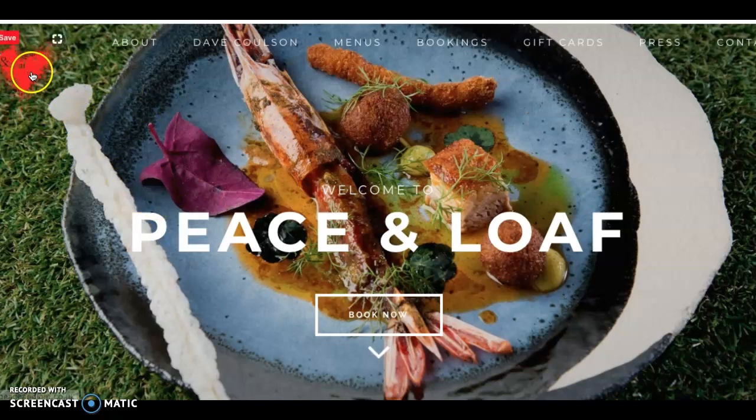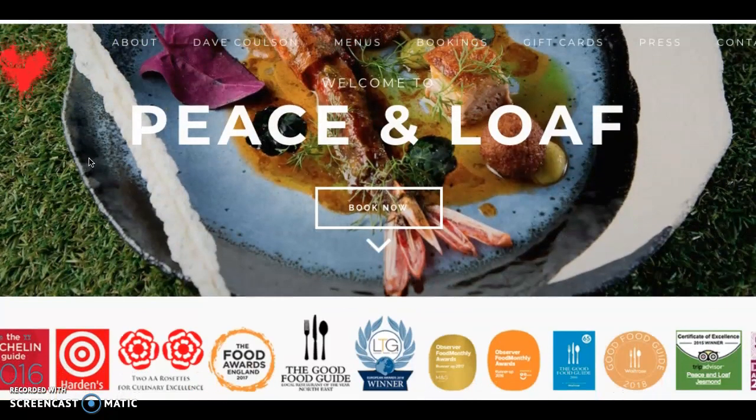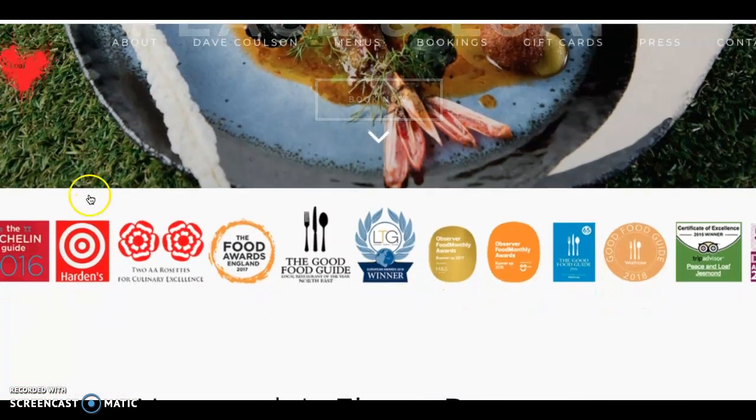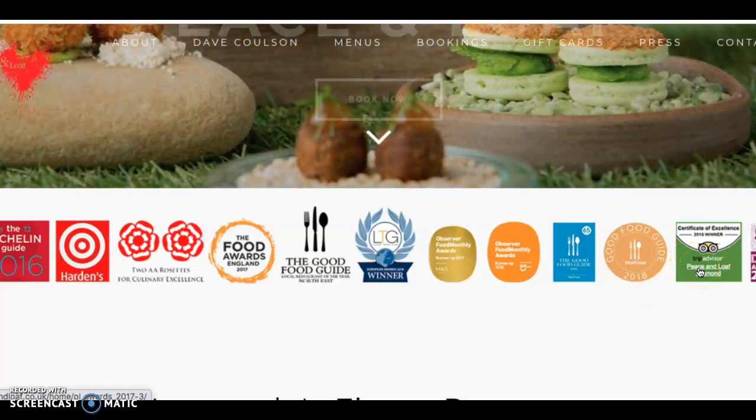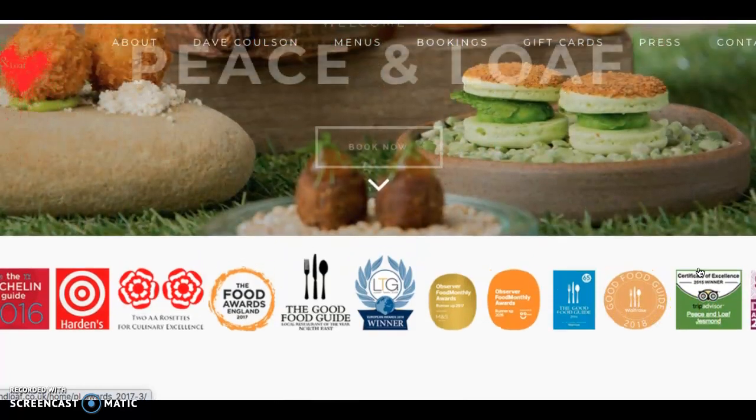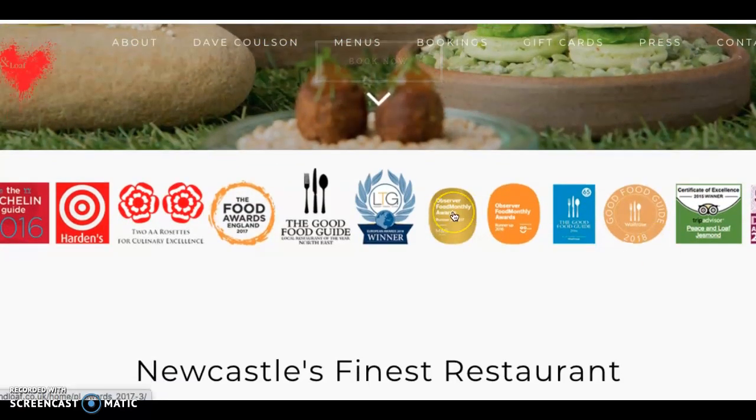You may have your logo up here, just as these guys have. You've probably got a contact page. So from the outset, your homepage may not look so different to this one. However, if you scroll down, have a look at this. These are all the awards that this restaurant has won. Now, your restaurant is a new restaurant, so it may not have won as many awards as this, but